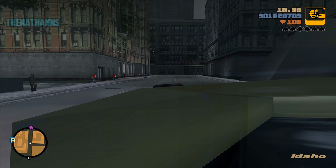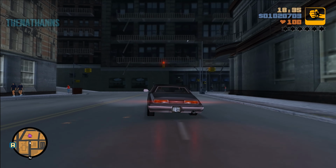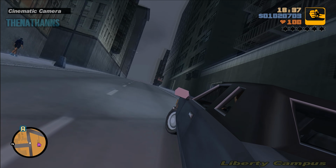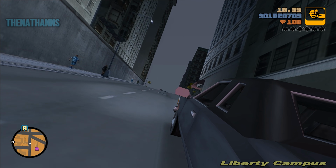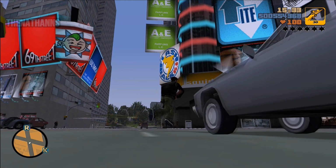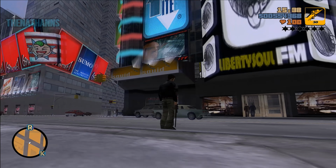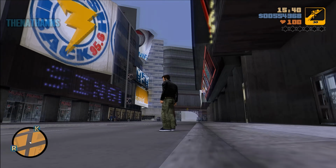Now, as we know, Liberty City is based off New York City, which itself is a concrete jungle, but at least the 3D era of Rockstar Games tried to make their maps more original by only basing certain parts of the map off their real life counterparts. We do have spoofs of Times Square, Central Park, etc, but they're not a one-for-one copy of the real New York City, which is actually something Rockstar would later adapt for the HD era of Grand Theft Auto,